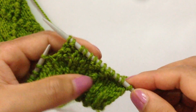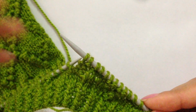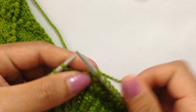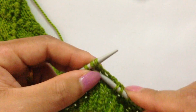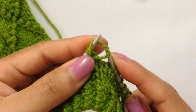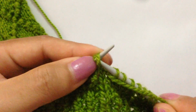So that's the repeat pattern from here to here, right? And we're going to repeat that all the way across. So I have 2 more repeats, and we're going to repeat that again. We're going to knit 3, 1 2 3, and we're going to make a small bubble. Insert your needle and draw a loop and place it on your needle, bring the yarn in front and purl these 3 stitches together